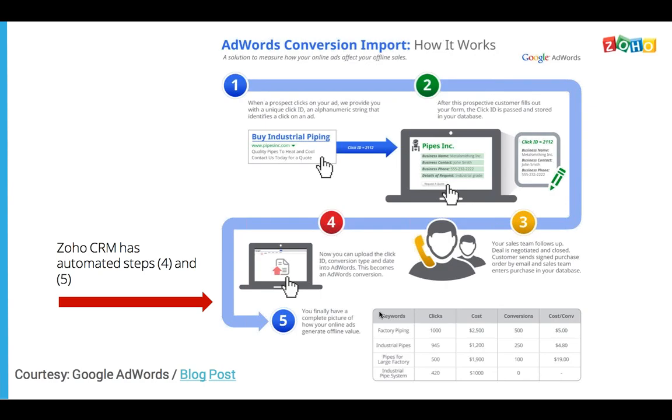And by the way, we just automated steps 4 and 5. So there is no longer any need for someone to do a manual upload or tracking of data. This increases productivity. There is no manual intervention required, and yet we benefit on both ends. On the AdWords side, we're able to see the complete picture. On the CRM side, we're able to see the complete picture. And one gets a better understanding of the system and hence is able to make better calls based not just on leads in, but on completed sales.